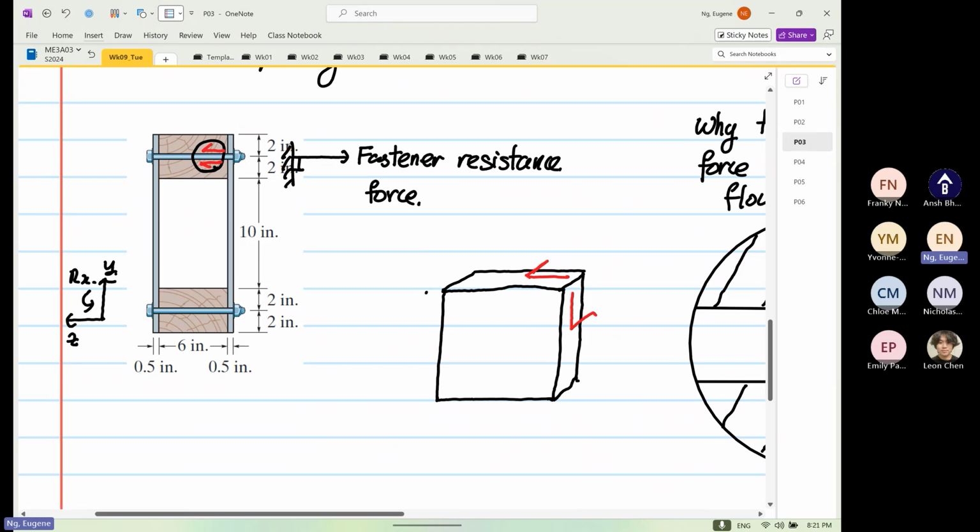Calculation X, right? So this force over here, this is shear. The shear is going in our Z direction, and the intersecting plane is Y. So this is our shear Y, Z, okay? The intersecting